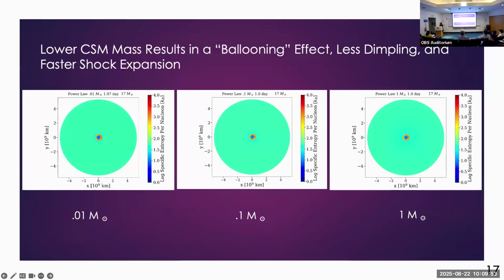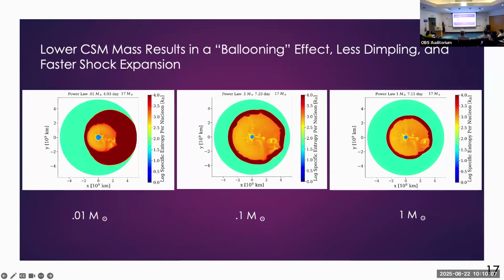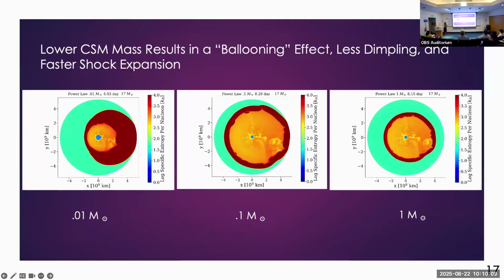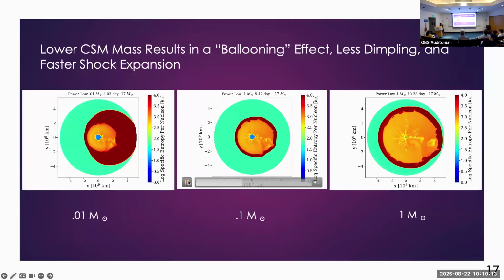In playing these movies, what we see is that for the lowest solar mass model, or circumstellar material mass model, the shock velocity is more than twice as high compared to more massive CSM. Furthermore, we also see that for the same model, the shock sort of balloons outward, whereas for these more massive circumstellar materials, we see these sort of dimpling effects that appear as the shock encounters more resistance from a heavier environment. A final observation that we made here is that as you decrease the circumstellar material's mass, the shock itself